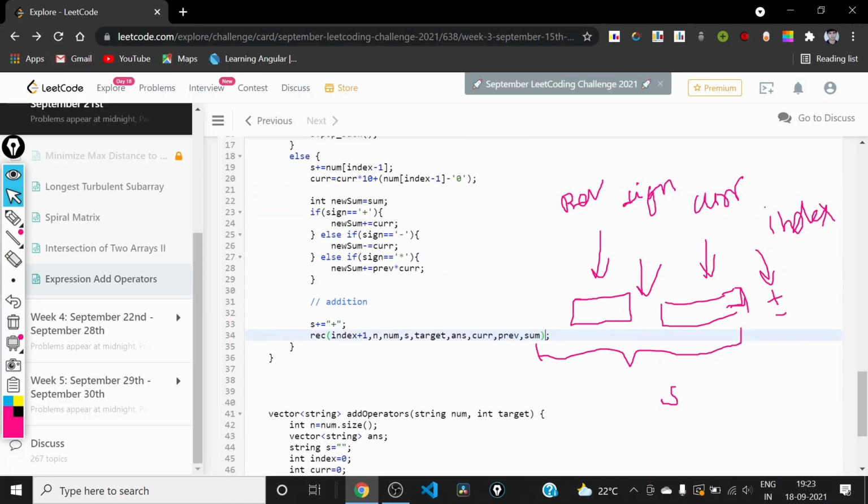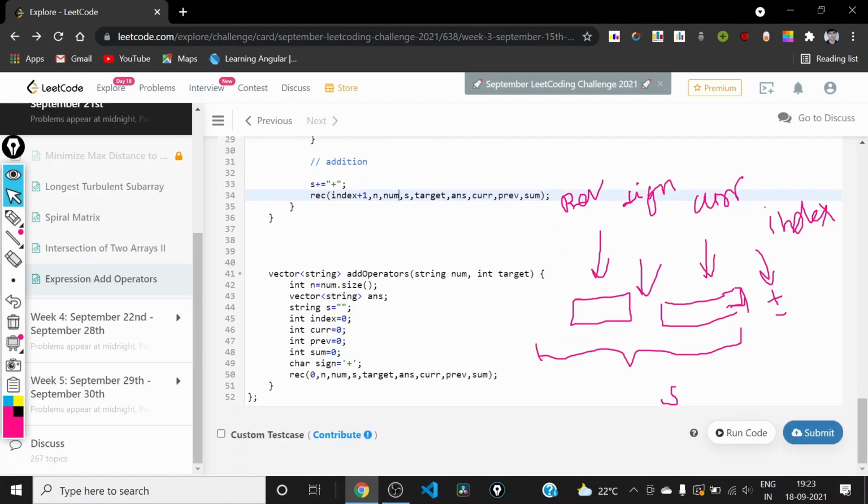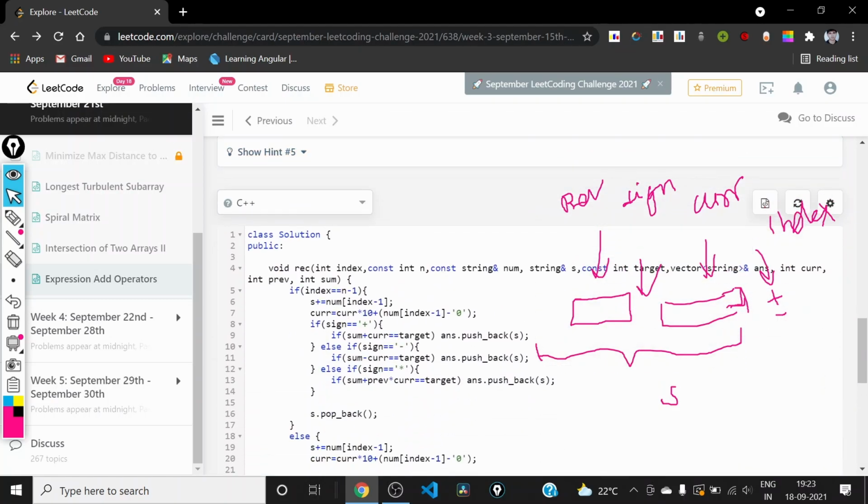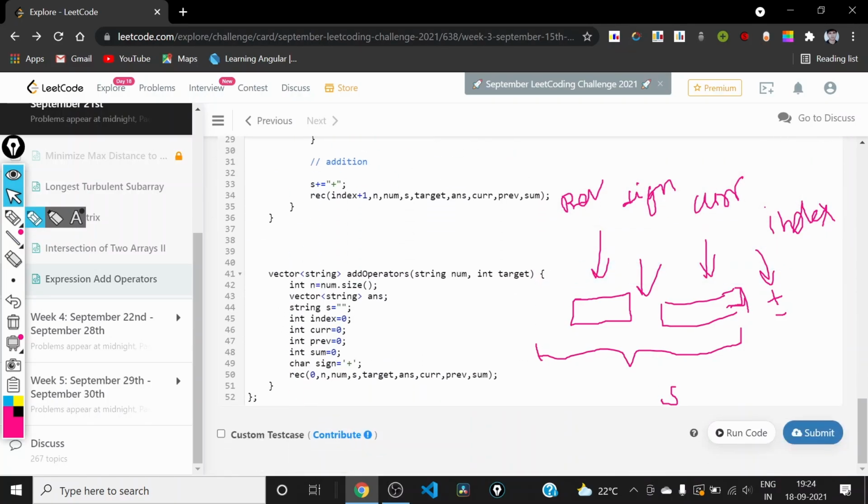So after we are adding plus here, this sign should be, wait, we are not passing sign here. So we can have a look. We can see that there is no parameter for sign here. So I am adding a character sign, and we also need to pass it here.